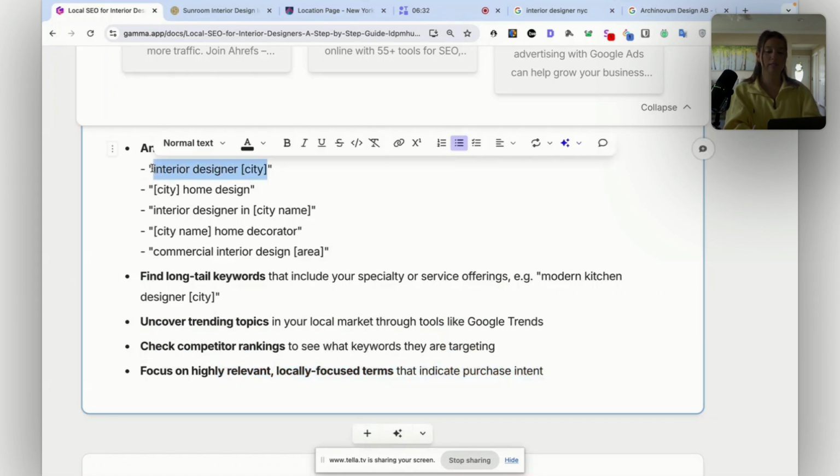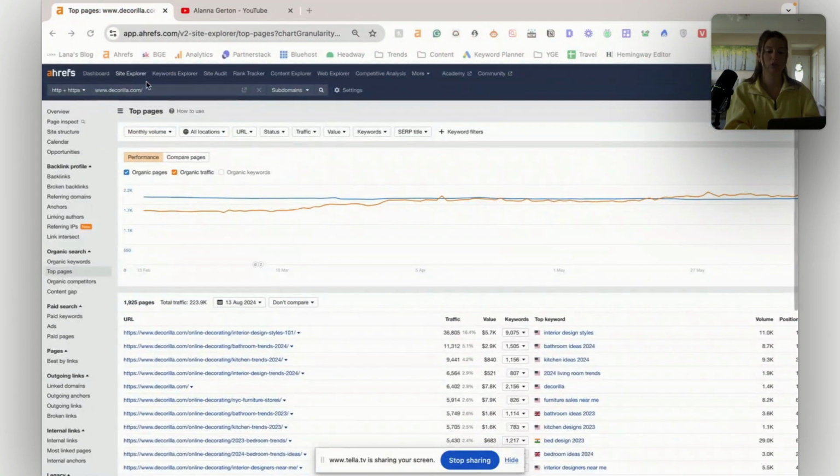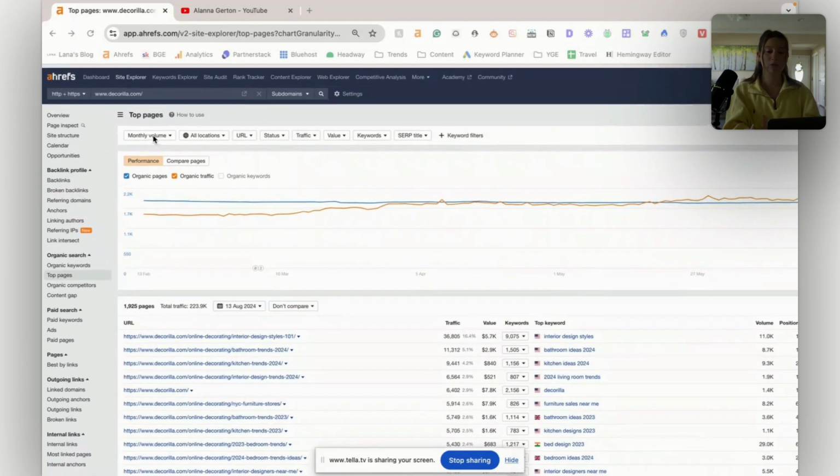So if we were to do this, and I have another YouTube video, it's how to do local keyword research. So I'm not going to go super into this. Just watch that video. I'll link it down in the description as well, so you can see how that's done in more detail. But just to do a quick analysis, well, the first thing you can do